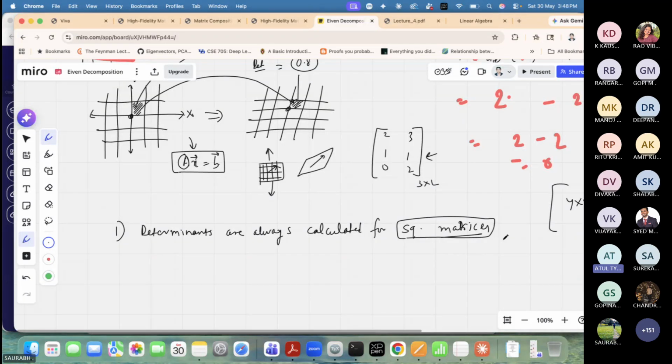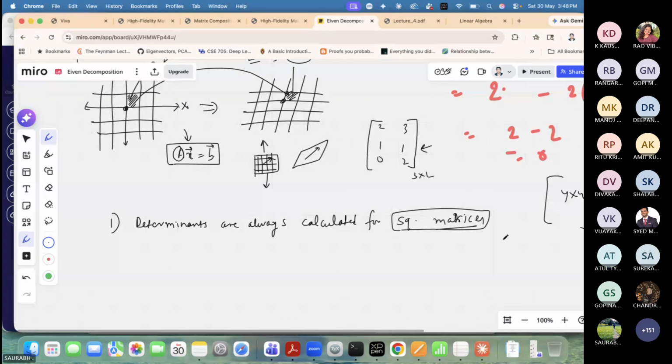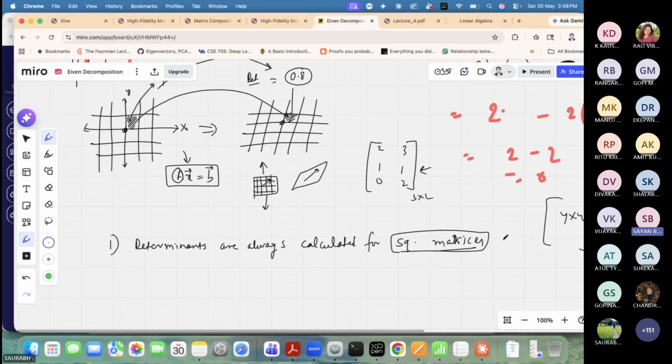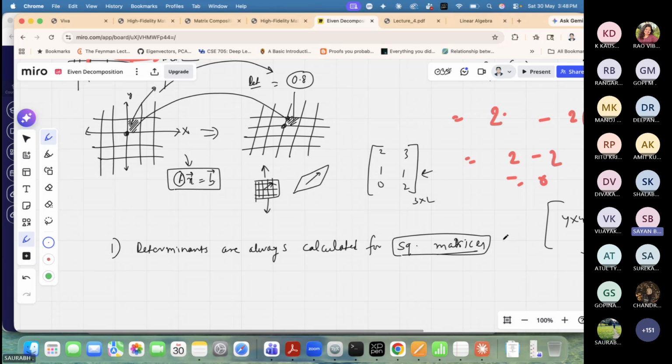An idea I have is that the determinant depends on the area that is scaled, and area would be found only using square matrices. Right. That is conceptually getting closer, but area can also be there in other cases, because let's say